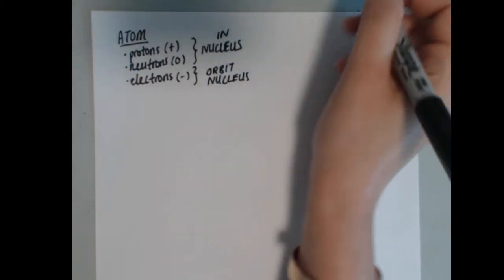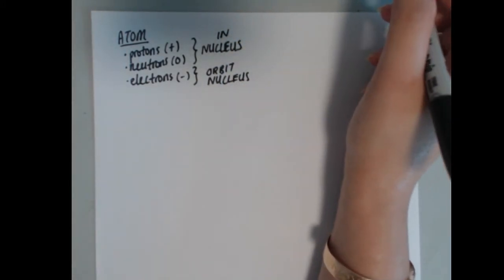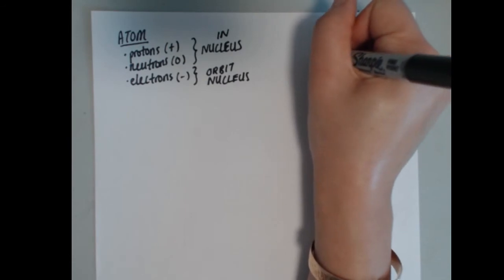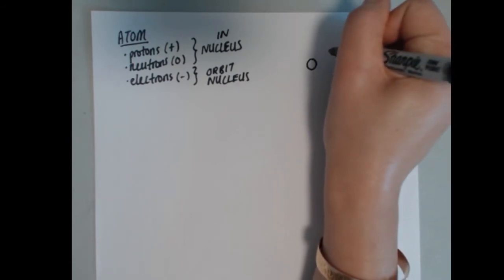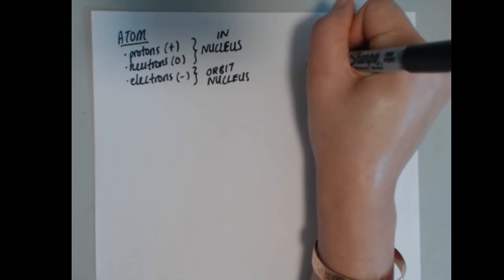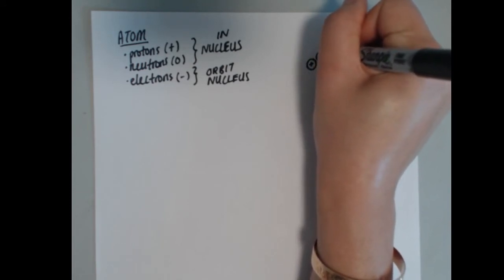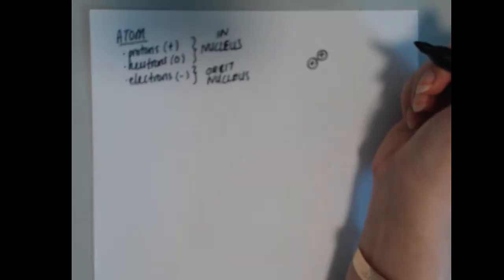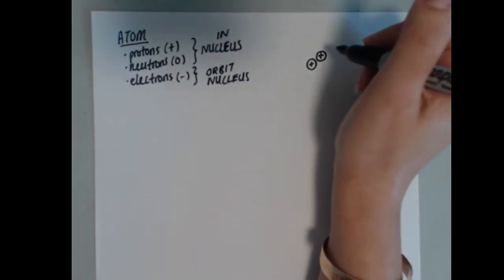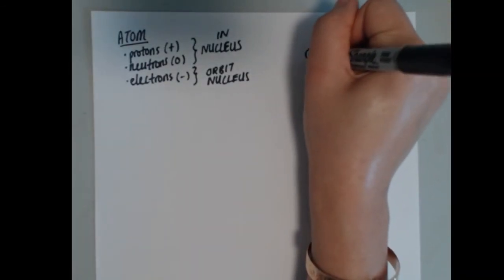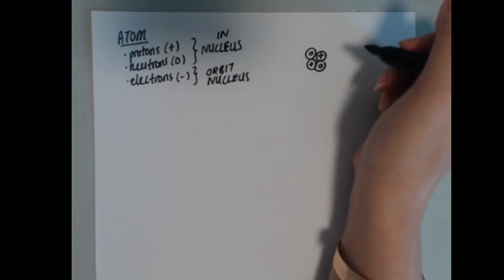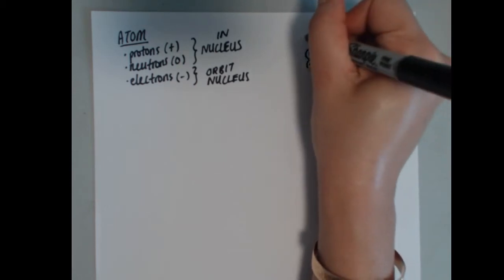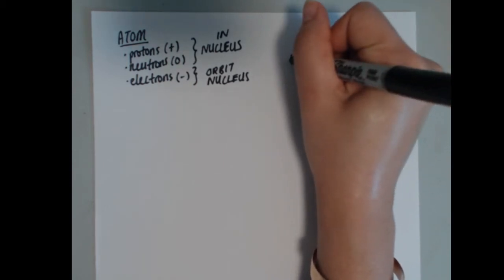Now, in grade 9 science, you would have learned about something called a Bohr-Rutherford diagram, which essentially meant inside the middle of that diagram, you would have, for example, the number of protons. So let's say this is helium. Helium is the second element on the periodic table, so it has 2 protons in its nucleus. It has 2 protons and 2 neutrons. I'm going to sketch the neutrons as particles with the number 0 inside, and orbiting around,